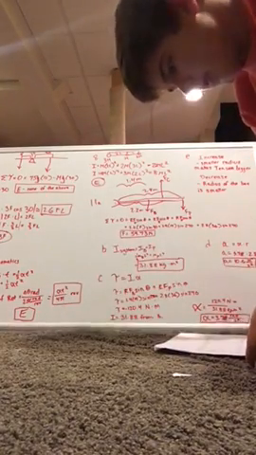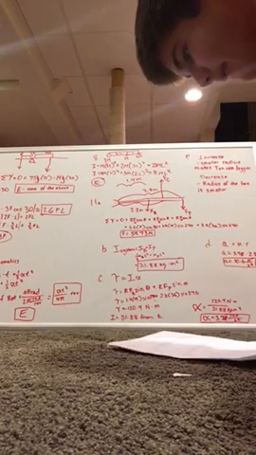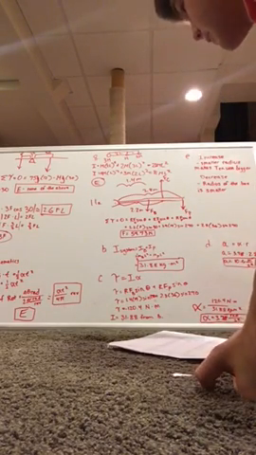Alright, so number 2. A fulcrum is placed under the 20 centimeter mark of a meter stick to balance the meter stick. A 75 gram mass hangs from the 8 centimeter mark of the meter stick. What is the mass of the meter stick? Okay, so as you see